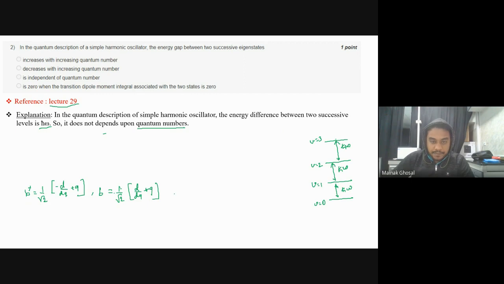And what is q? q is defined as root over m omega by h cross, times x. So x is related to q, and from this q I can write my ladder operators, and how these ladder operators are related to my Hamiltonian. The relations are all there. Your Hamiltonian operator can be written as h cross omega b dagger b plus